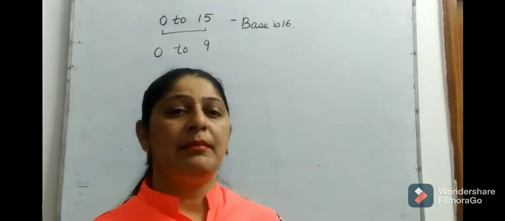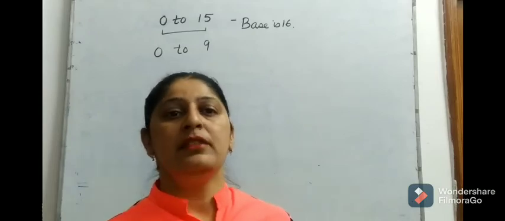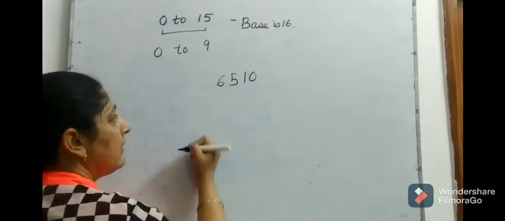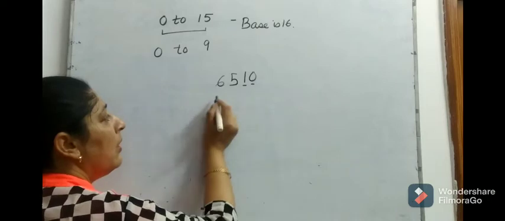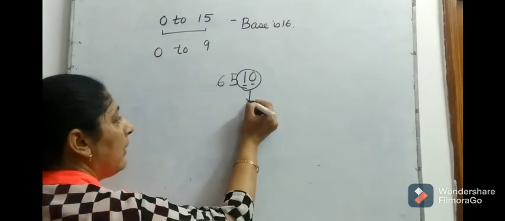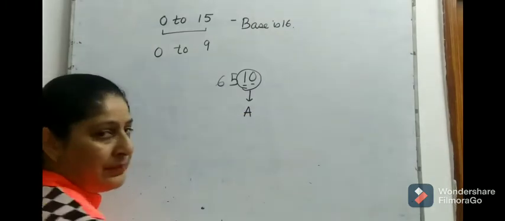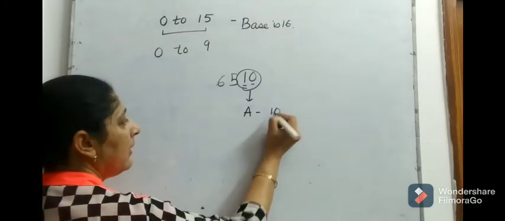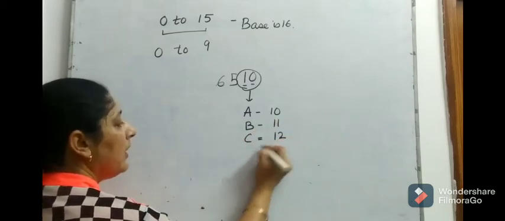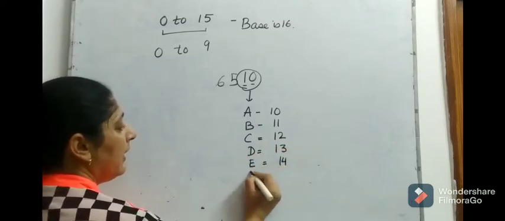Whenever I get a remainder of 10 or more, and less than or equal to 15, then instead of writing 10, because 10 can confuse me, right? If I write simply 10 and then I write 5 and then 6, it can confuse me whether it's 1, 0 or whether it's 6, 5, 10. So to avoid that confusion, for a double-digit number less than or equal to 15, we are going to represent them by characters. So 10 will be represented by A, B will represent 11, C will represent 12, D will represent 13, E will represent 14 and F will represent 15.